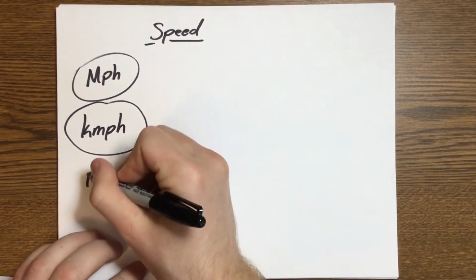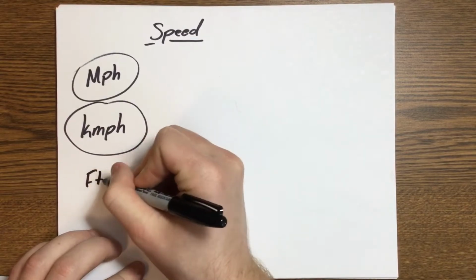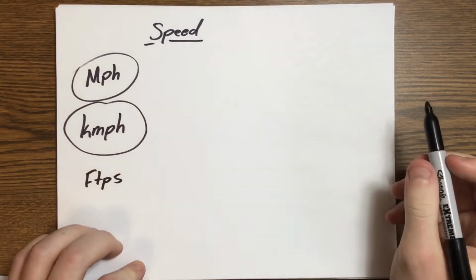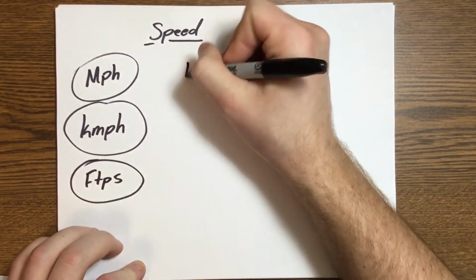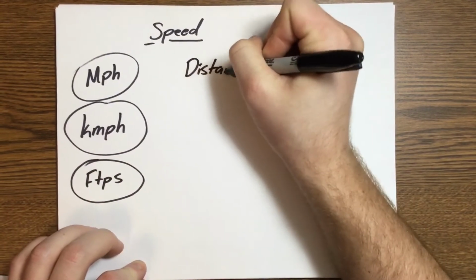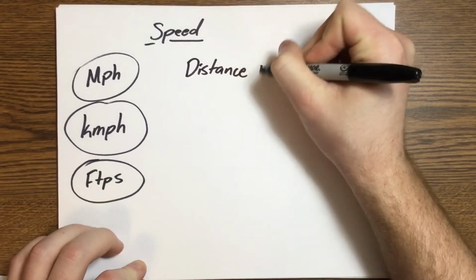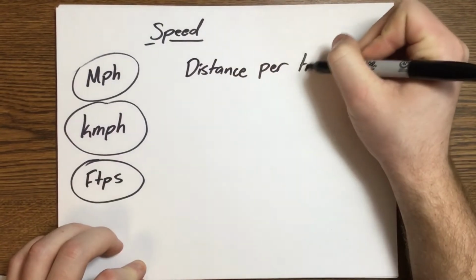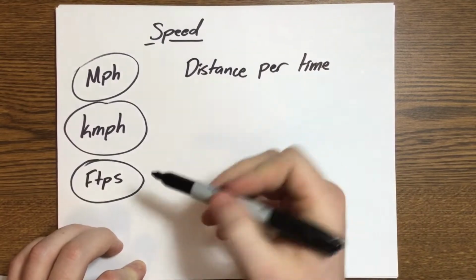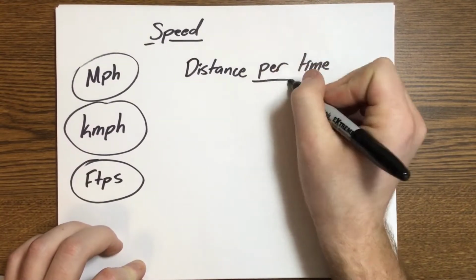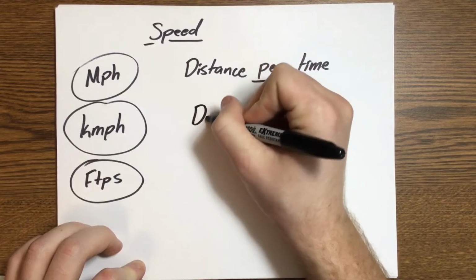We could have feet per second. Really, any distance per time. And how we like to draw or show this, they're saying per. Per is the same as saying distance